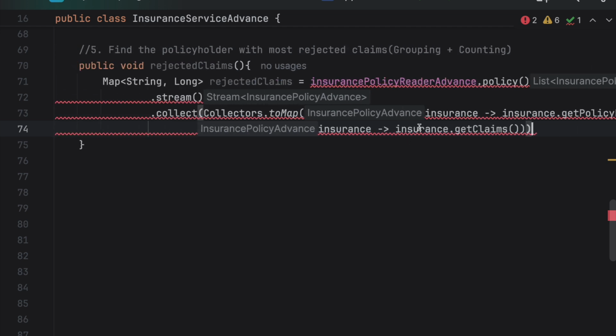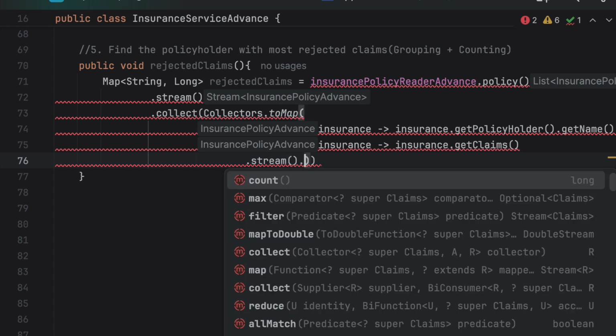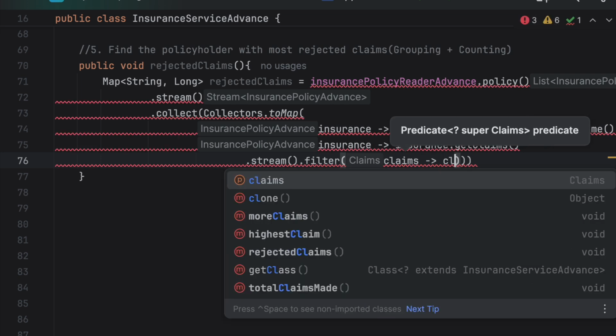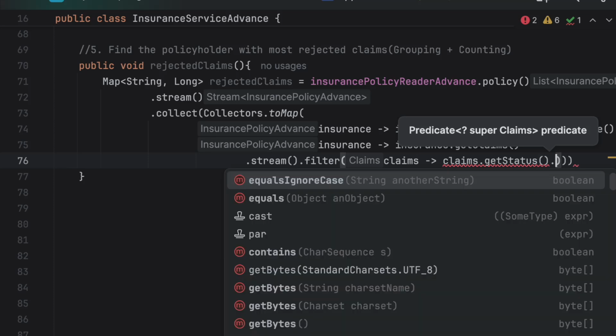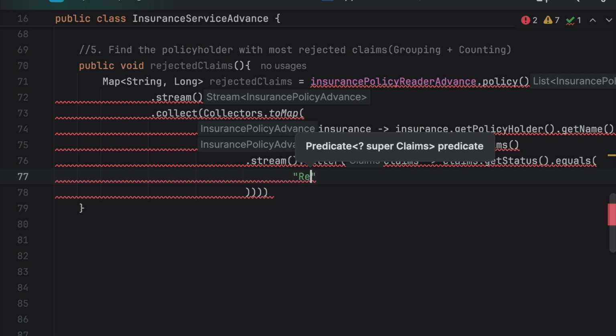Okay, yeah, both conditions are right. I think let me move it down. Okay, looks more crisp. So after formatting it's looking better. We have done our first part of collector, and now what we are going to do is we need to open our stream again because we need to get the count, and in this stream we are going to filter based on the rejection, or you could use any other status if you change the problem statement, dot getStatus, and then equalsIgnoreCase, or anything you could define it as, which will be in our case